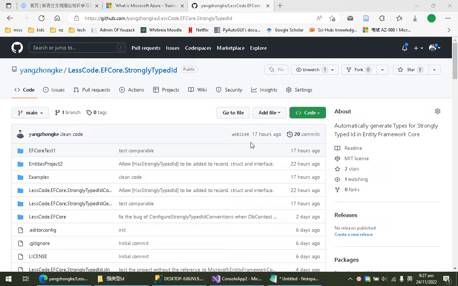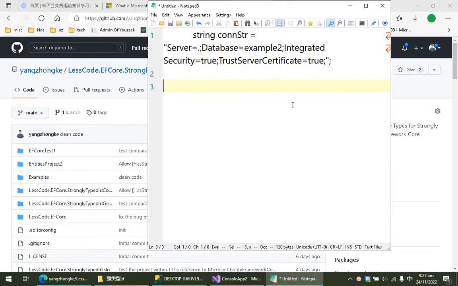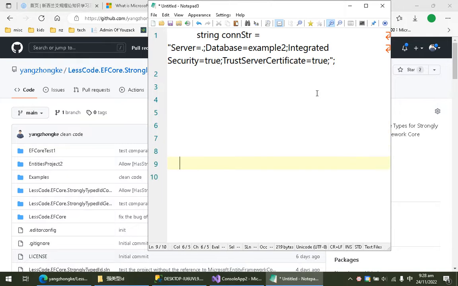prevent some compilation errors. For example, many people define the identity of an entity type as generic types like long, integer, or GUID. For example, I will define a person entity, and the identity is a long value,